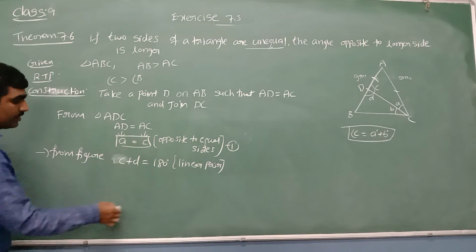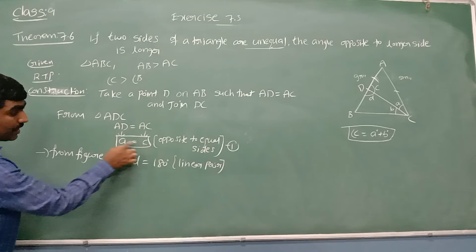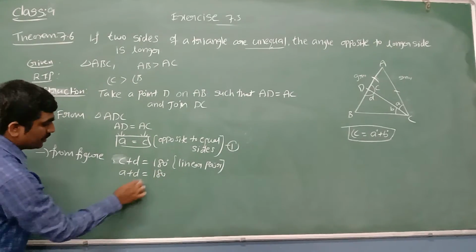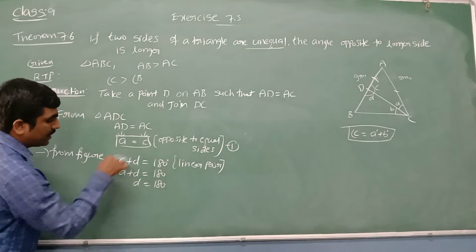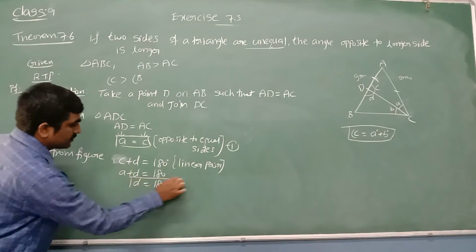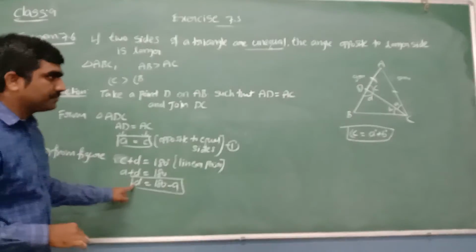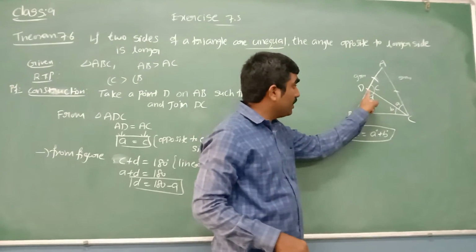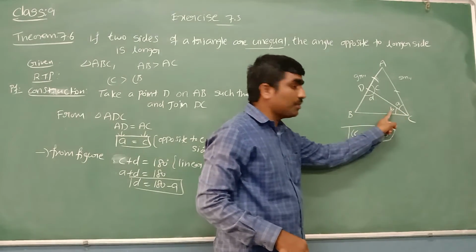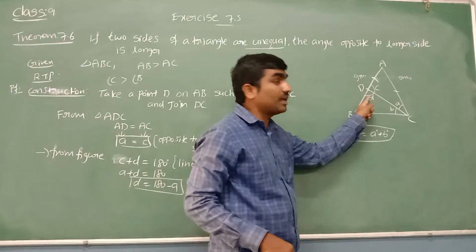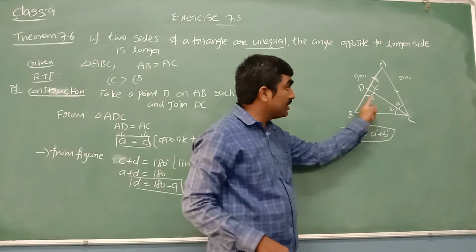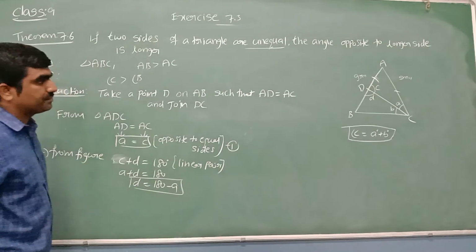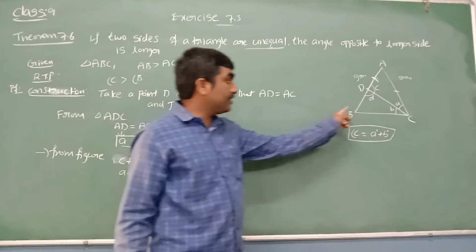So let us find angle D. C plus D is equal to 180, and in the place of C we can write A. A plus D is equal to 180, so D is equal to 180 minus A if you transpose A. Sir, why are you finding the D value? If I know the D value, we can find this B. Now it is in triangle DBC, where C is there in terms of A. So this D I want to express in terms of A, so that angle B we can see in terms of A like C. So D I got 180 minus A. Now we'll see how to find this angle B.